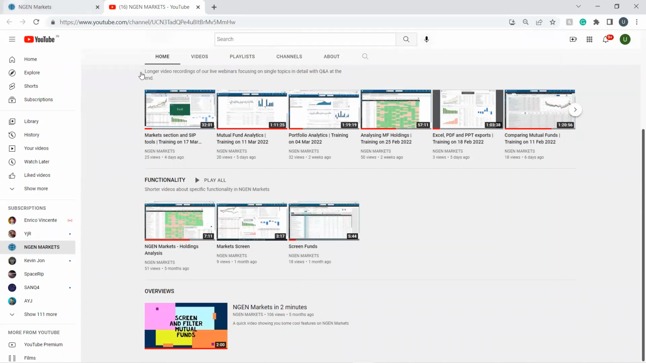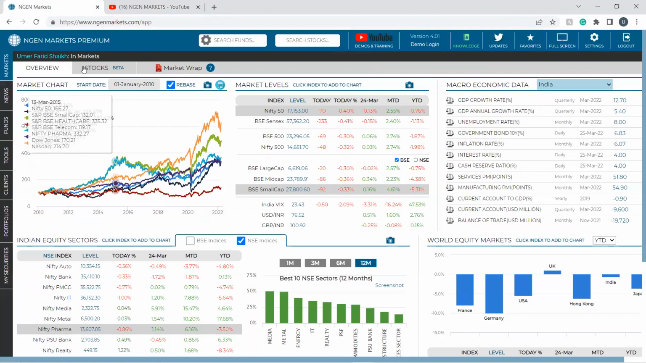Our first update with Engine Markets is in the fund section, in the category averages. Within the category averages, the main purpose of